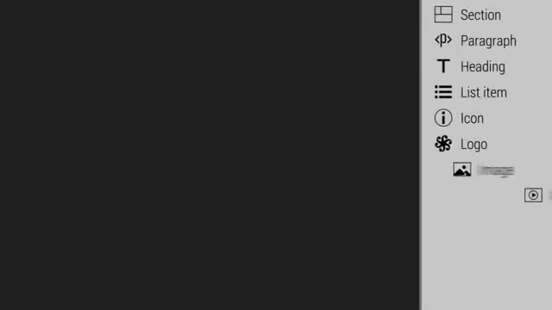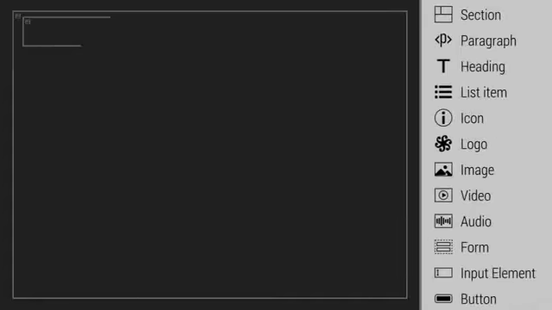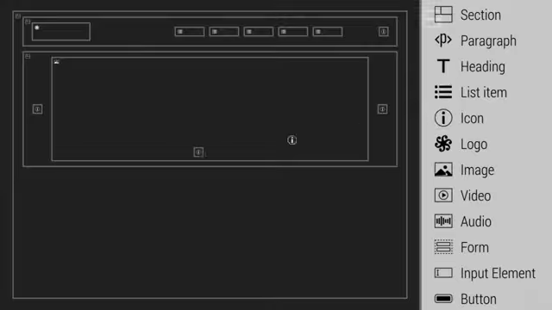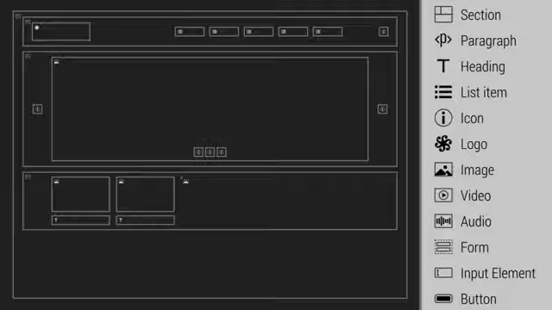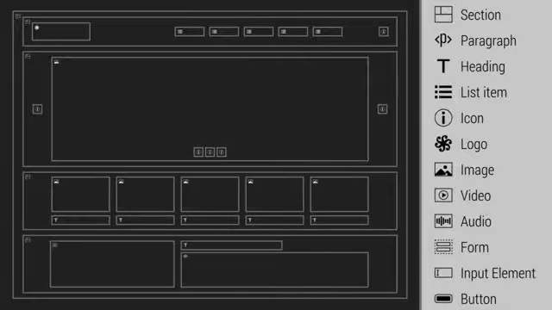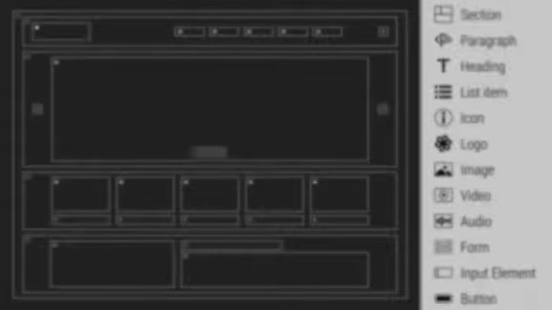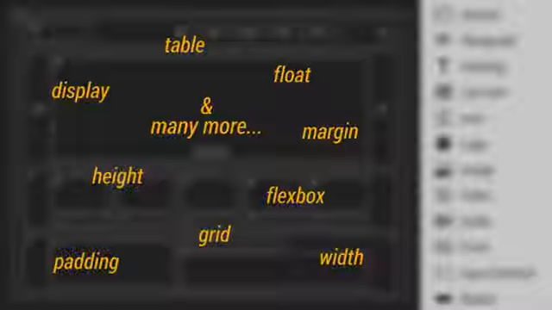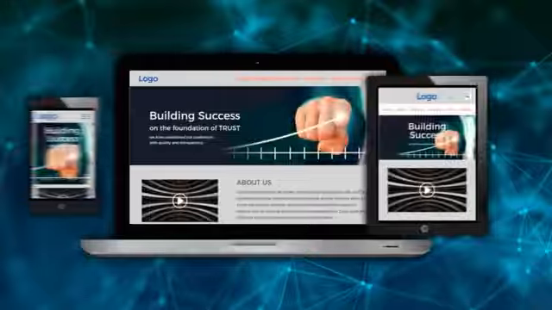Starting from this section, we will be entering the advanced phase of web development. To make any website look well organized and structured, positioning of the elements is the key factor. Now, when it comes to positioning elements, CSS offers a wide range of rules, and these rules are categorized as